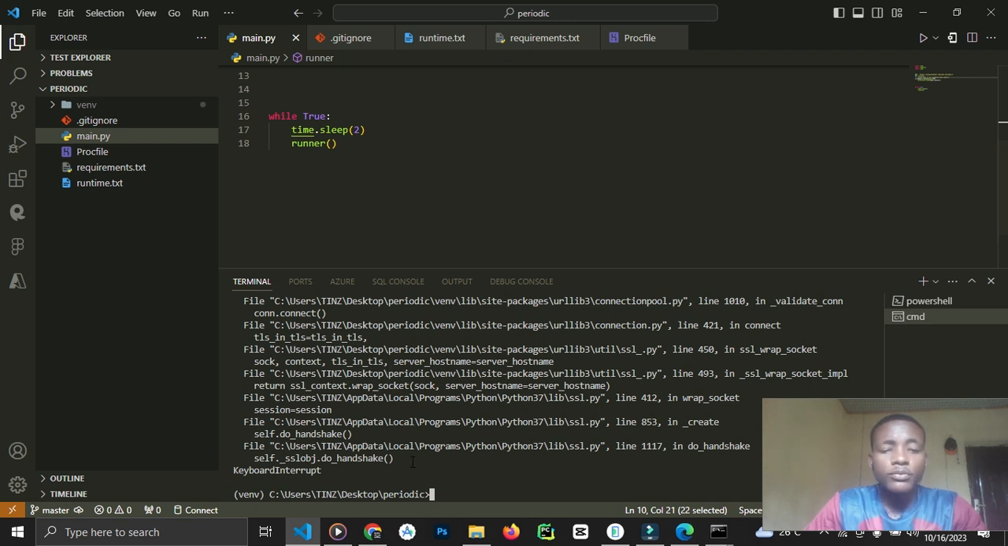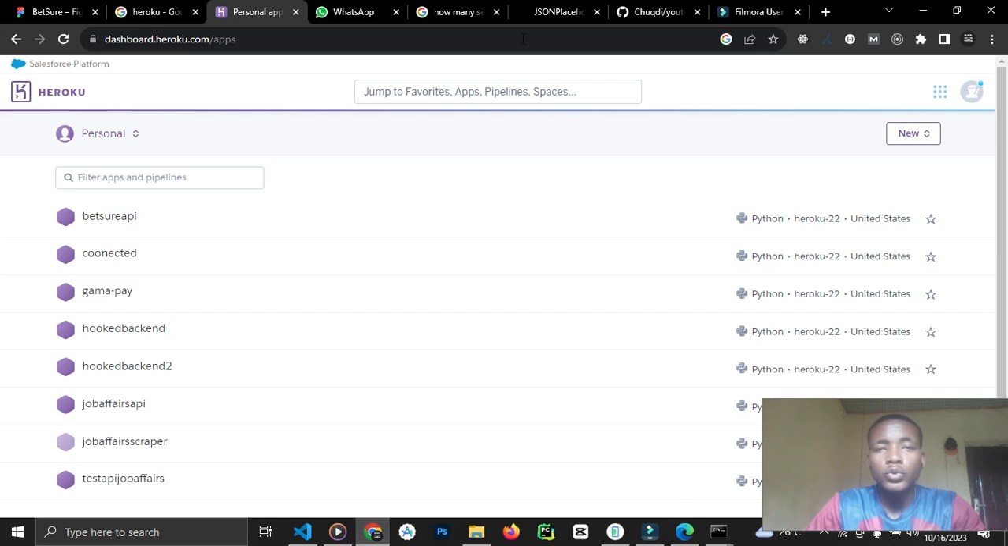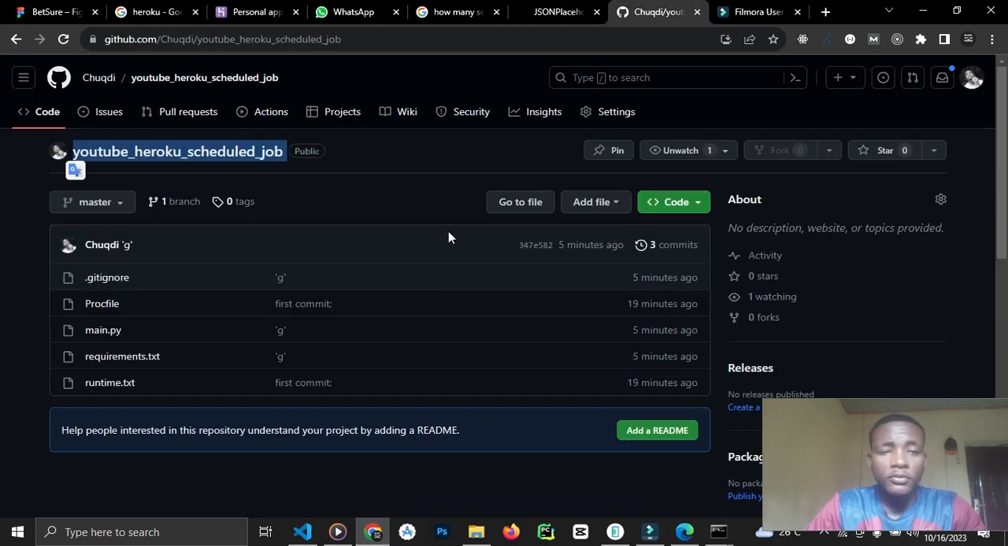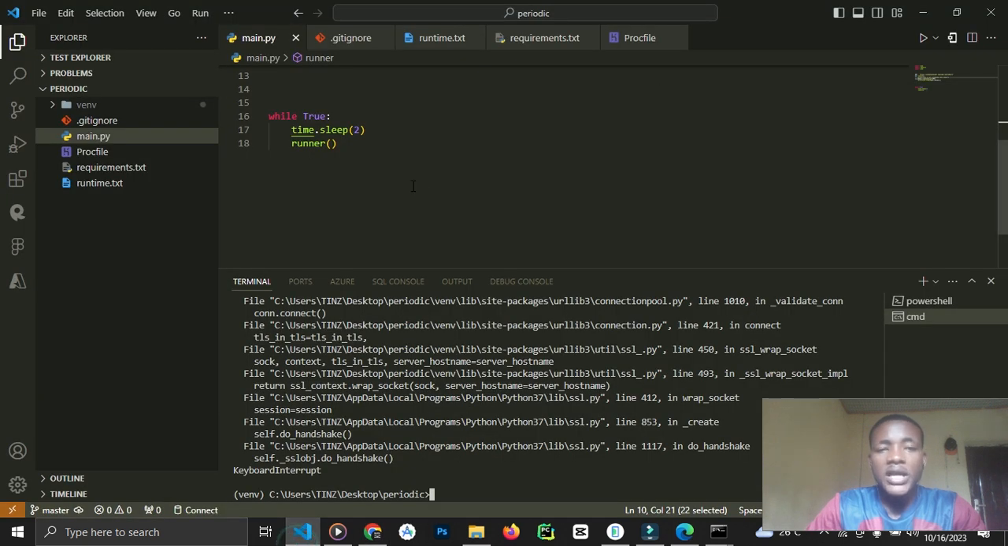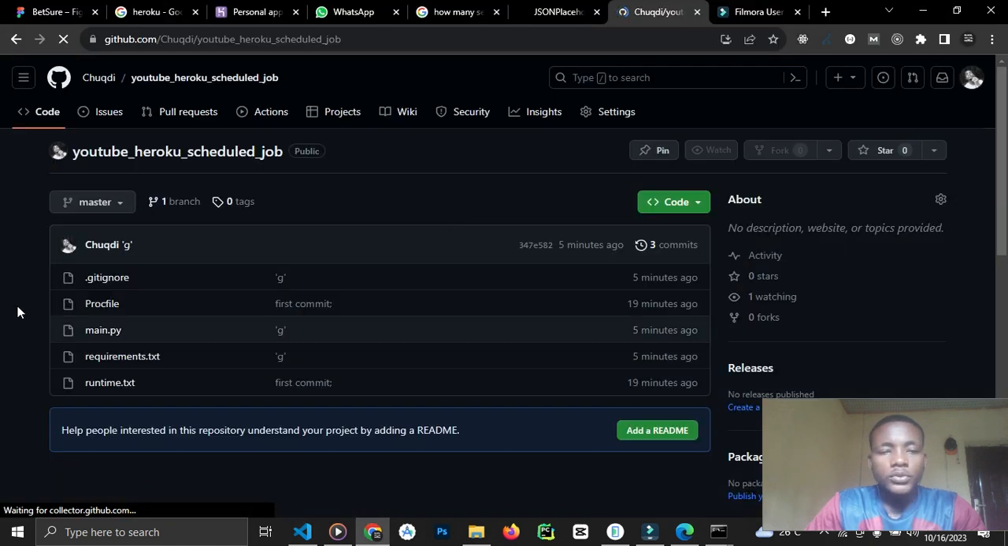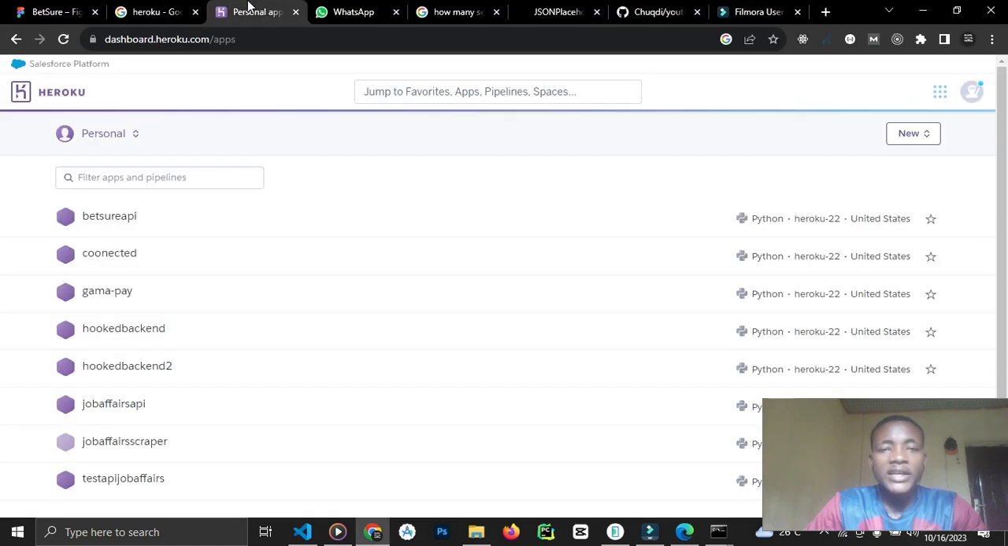So the second step will be pushing your code to GitHub, right? So this is the GitHub repo that contains this script that I just created, right? So this is the GitHub repo, right? Then the next one will be having